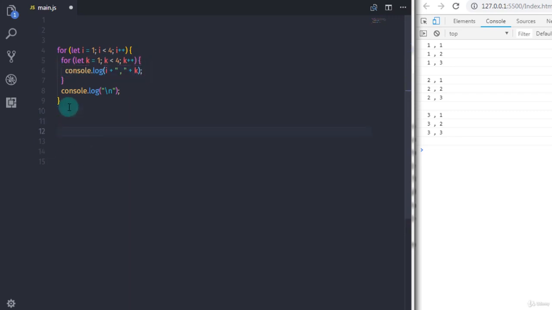So let me explain how it works. I will add a comment here. Now you have the I variable, and the I variable contains the value 1, right? So first the outer for loop will evaluate the expression and execute the body. In the body we have one more for loop, so we declare the k variable here. So I will just say k. Now the k variable is equal to 1, so I will say k equal to 1, right? So when the inner loop executes, it will print 1 and 1 on the console. So I is equal to 1 and k is equal to 1, so you will get 1, 1 on the